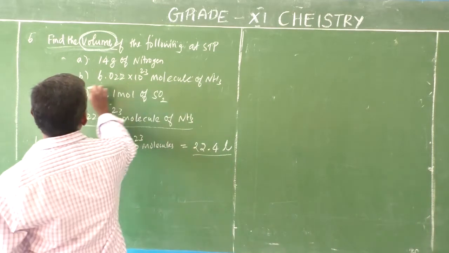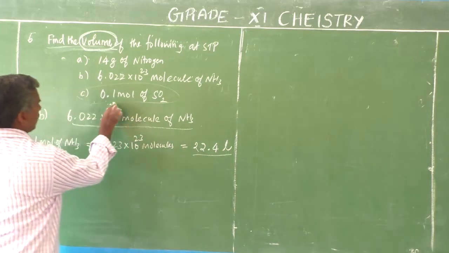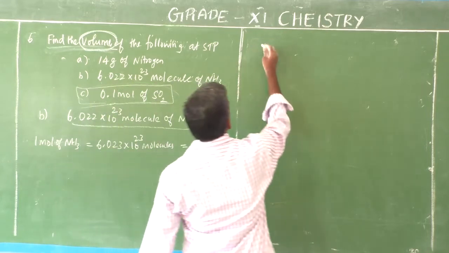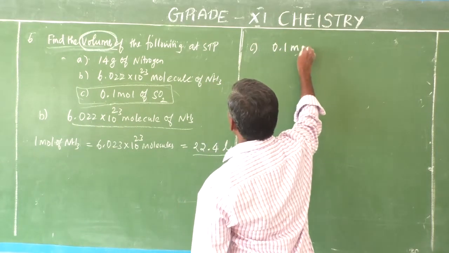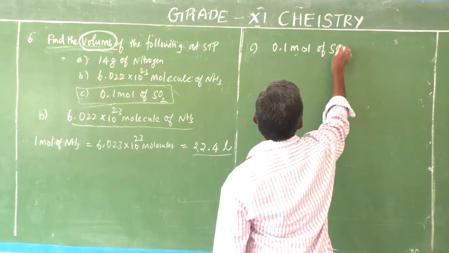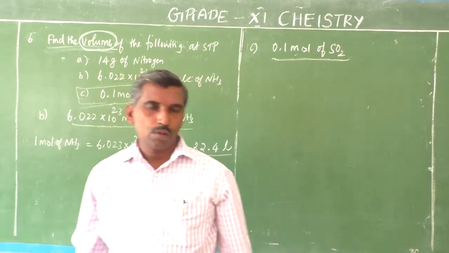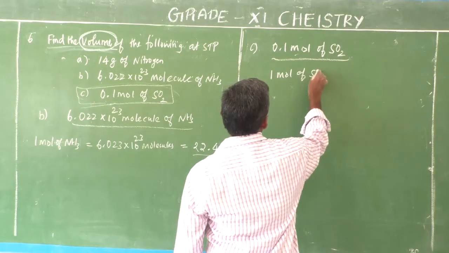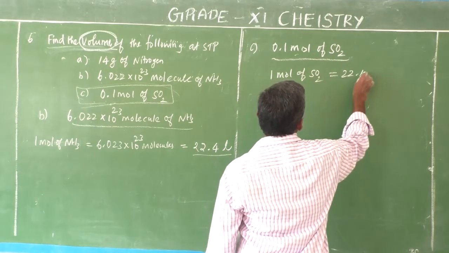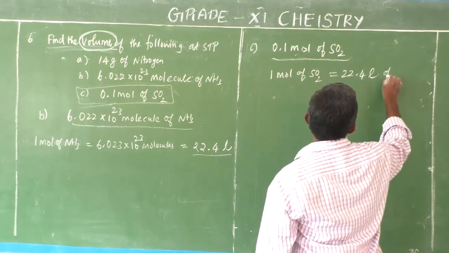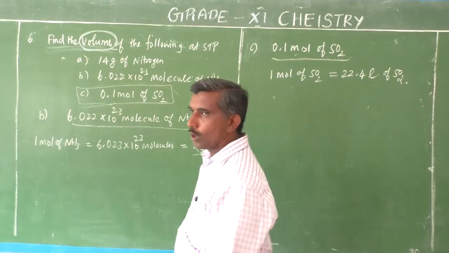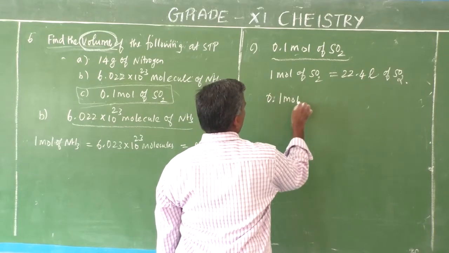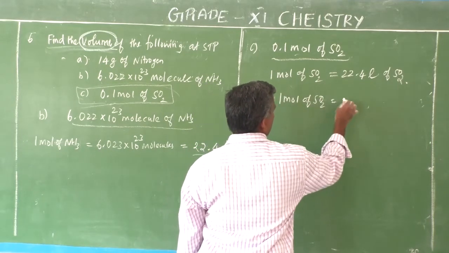Now question C: 0.1 mole of sulfur dioxide. Here the mole is given, and we find the volume. What is the volume of gas? Very easy question. 1 mole of sulfur dioxide is equal to the molar volume, 22.4 liter of sulfur dioxide. The question is 0.1 mole, so 0.1 mole of sulfur dioxide is equal to 22.4